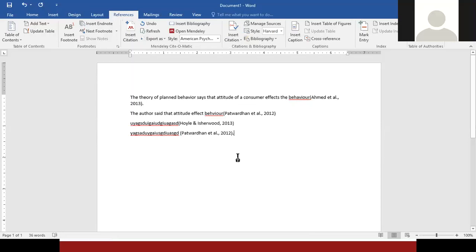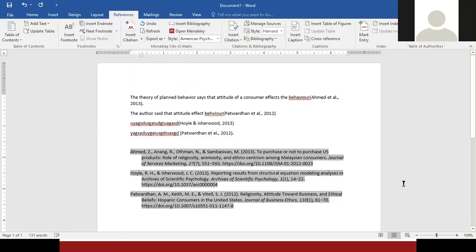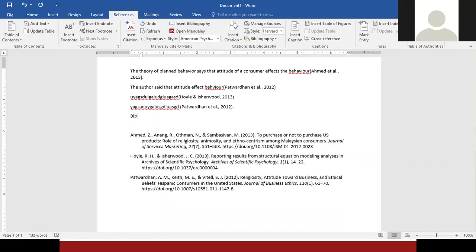Okay, now this is my whole paper. Suppose I've finished my paper. I used these 3-4 references. Now what I will do is, I will go to insert bibliography and see it has inserted the bibliography of all the authors. Full bibliography. The end bibliography of all the papers has been put in automatically.